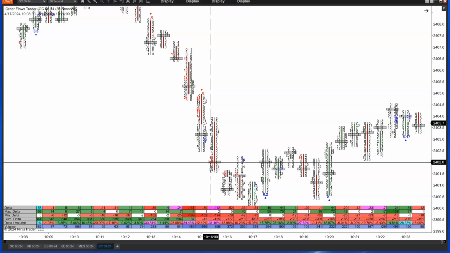Okay, so let's take it a step further, and I'll put your thinking cap on. When you see volume increase, right, we know that there's increased participation, right? Increased interest. Now, if you see increased delta, either positive or negative, what do you think that means? Well, if volume increases, that means increased participation and interest. Now, delta, which is an offshoot of volume, again, is the difference between aggressive buyers and aggressive sellers. When it increases in a certain direction, either positive or negative, it indicates increased participation to that side,